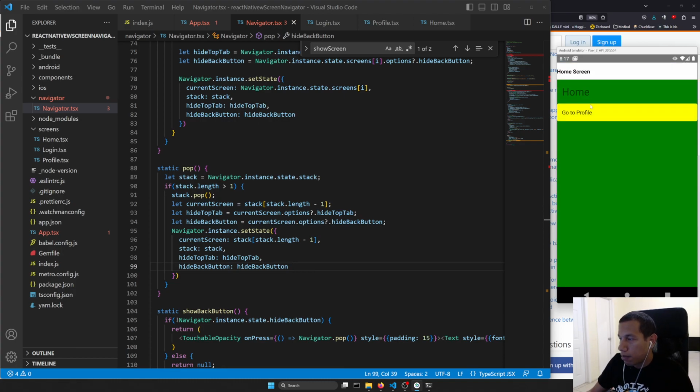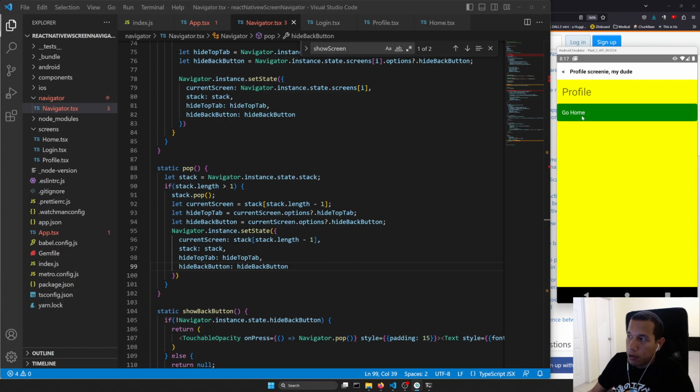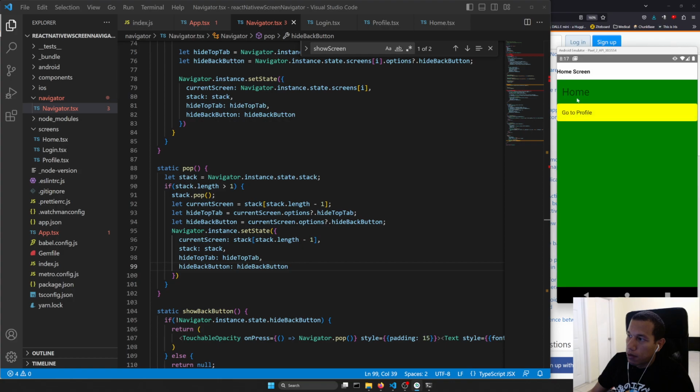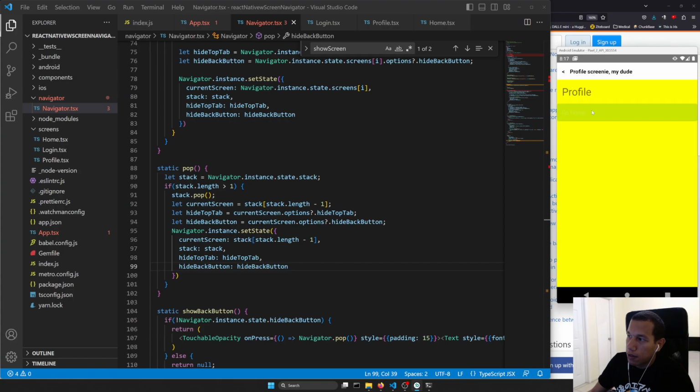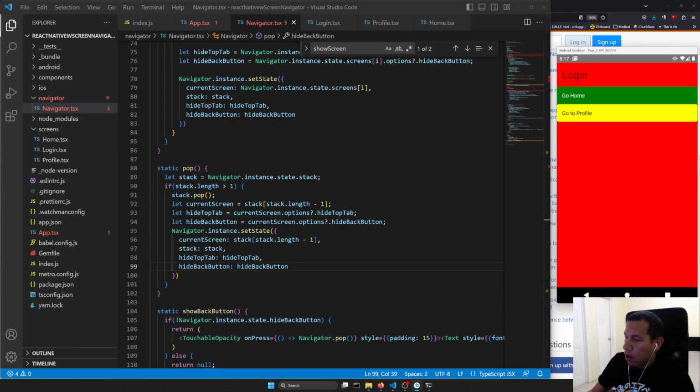See, it works. Perfect. So in the home screen we don't have a back button, but in the profile screen we do. So that's basically what we were doing now. We hide the back button. So how do we make this better so we don't have to do 3 configurations each time we create a new configuration? Well, instead of this,